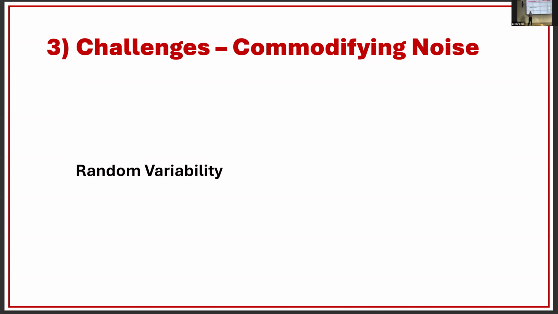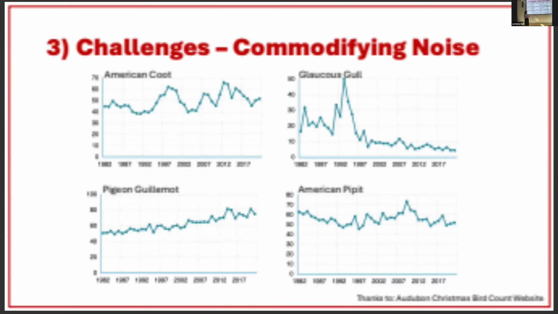Numbers change through time. The abundance of species we're interested in changes through time naturally. With the weather, we might see changes in vegetation cover of a forest. There's just all this random variability that's going on. And if you're selling credits at the level of the percentage change, we're going to be often selling credits that don't actually represent true change that's been influenced by the project.